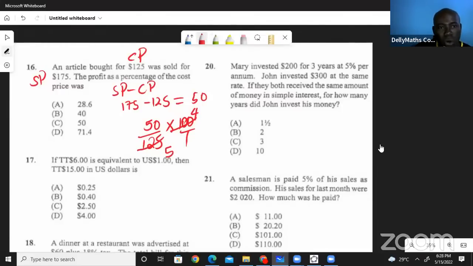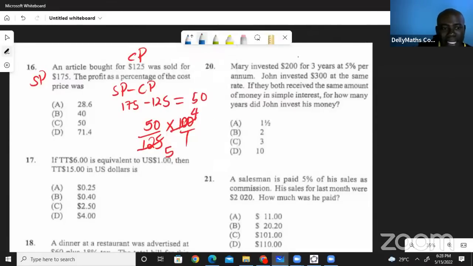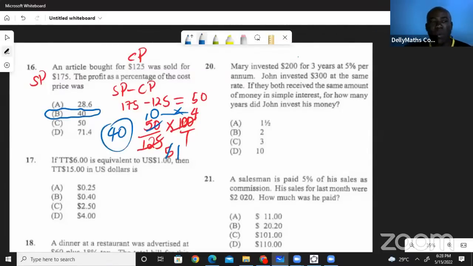Then you could say, but I could go again. Let me change the color of the marker as I do another level of canceling. 5 into itself 1 time, and 5 into 50 is 10 times. So my answer is 10 times 4, and 10 times 4 will give me 40%. So there it is, you're seeing that 40% would have been